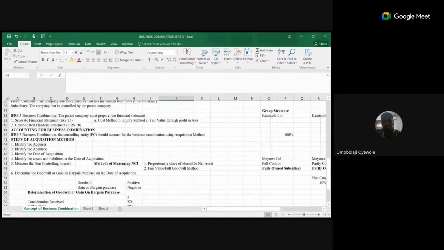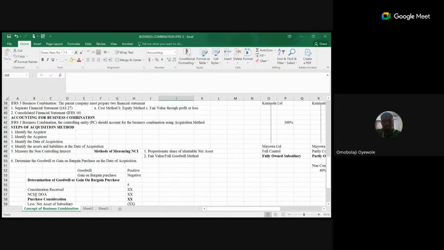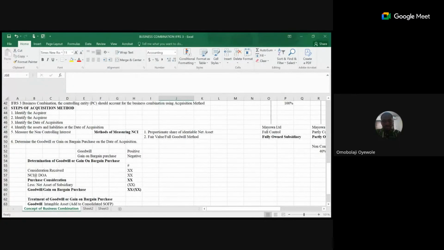So we have been able to talk about the steps of acquisition method according to business combination. According to business combination, we said the controlling entity is expected to account for the business combination using acquisition method. So according to acquisition method, you identify the acquirer, identify the acquiree, identify the date of acquisition, identify the net assets and liabilities at date of acquisition, and measure the non-controlling interest. And we said non-controlling interest can be